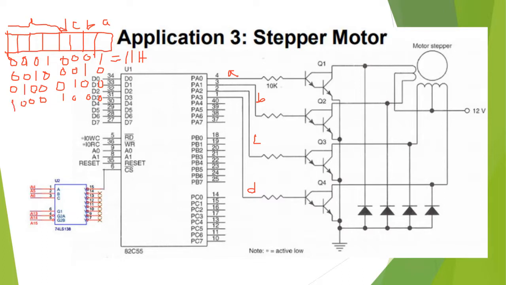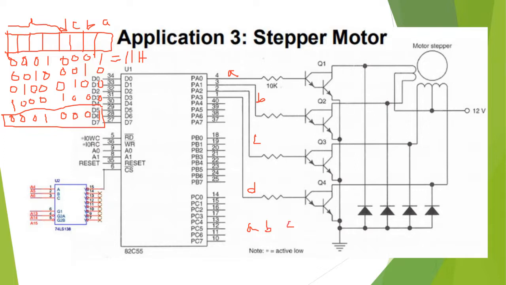Then again, it will be the first line. If you make 1 bit left rotation, what will happen here? 0, 0, 1 bit left rotation. It will be 0, 0, 0, 1. So this one is the same as the first line. So 1, 1 H. This one is the same as the first line. Okay, so that means for one phase excitation system, what will happen if we have A, B,